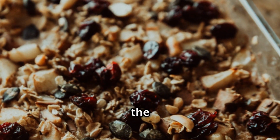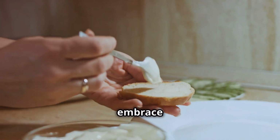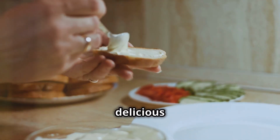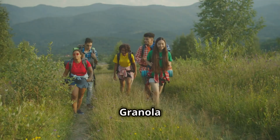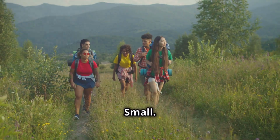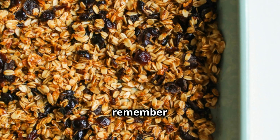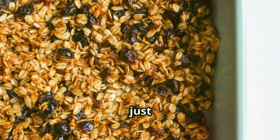Share your granola creations with the world, inspire others to embrace the crunch, and let's continue to write the granola story together, one delicious spoonful at a time. Granola fueling adventures, big and small. As we bid farewell to the wonderful world of granola, let's remember that this crunchy companion is more than just